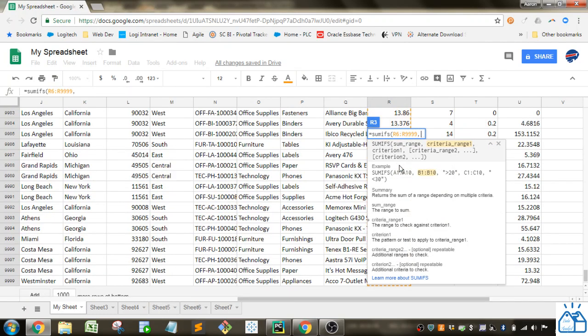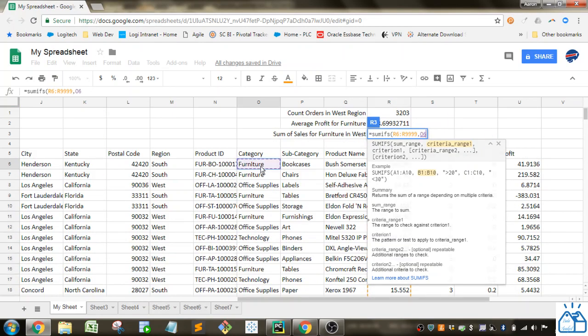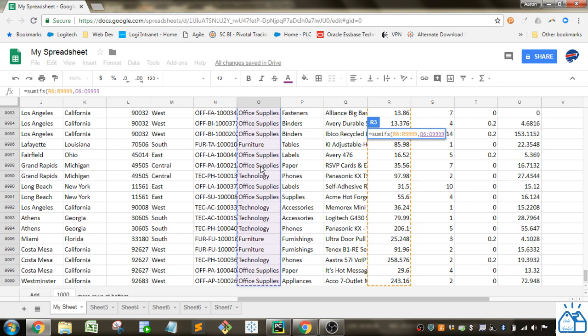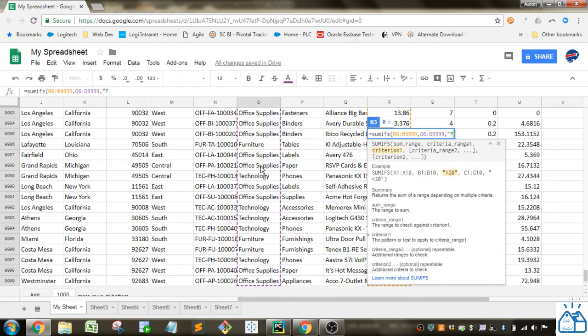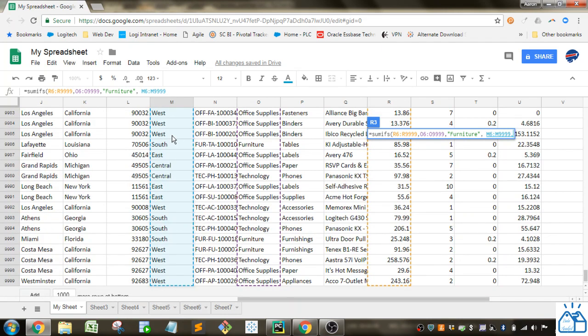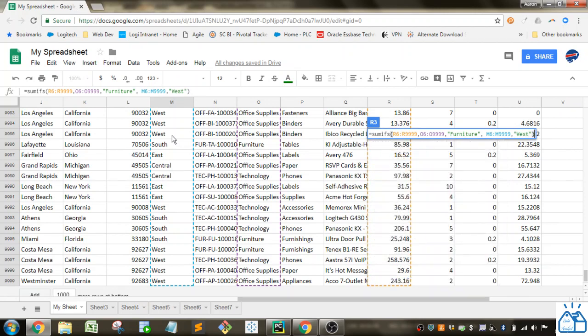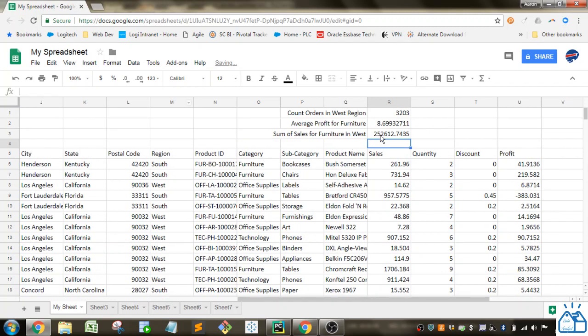So I'm going to select that column. The criteria range, so we wanted furniture. So we'll go ahead and select that column. And then we put in the criterion for that, which is furniture. And then the second criteria was for region. We wanted it to be in the West. So we'll select West, close that out, and you can see we have, let's put a comma in here